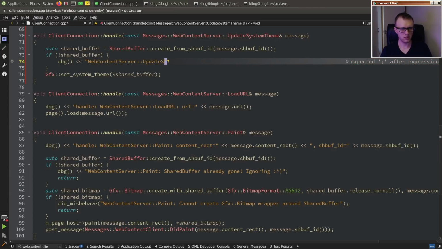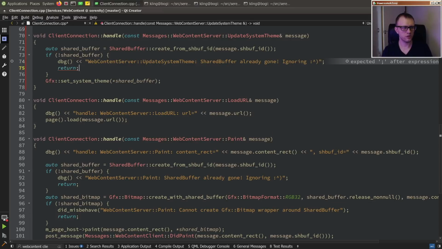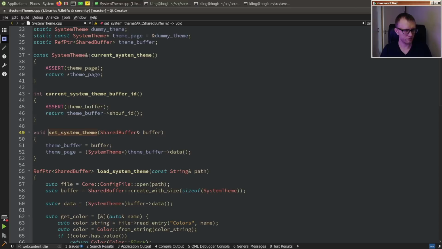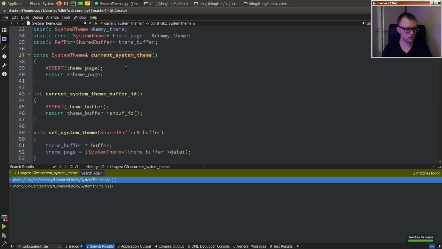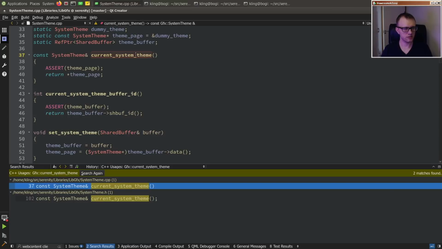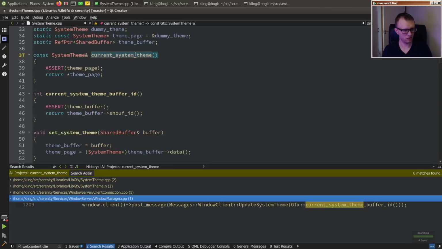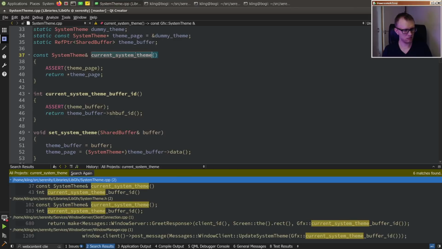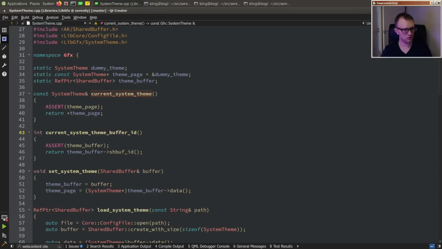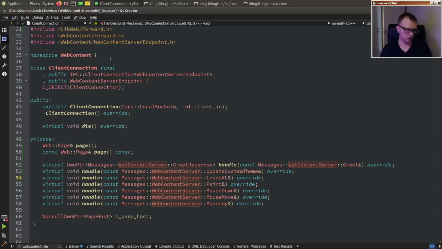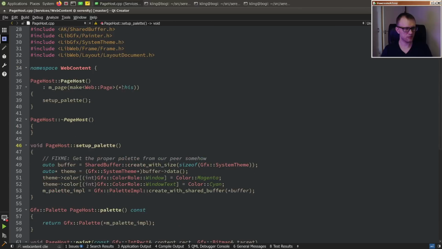So we'll just say update system theme, shared buffer already gone, ignoring. Oh, what's that? Okay, return. Otherwise, we'll map it and then make it into the system theme. And then we can just fetch the theme from current system theme. Wait, who's using this? Oops. We'll figure this out somehow. Theme page. So we can get rid of that, but instead